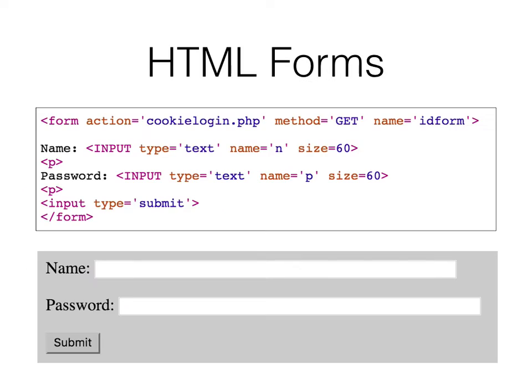So you have forms, another type of input. Well, very important to us because this has an obvious way to attack the user. You put in something like a name and password, you click a submit button, and that then sends it up. Now the method up there tells it whether it's going to send it with GET or POST, which usually doesn't matter. Most web applications, even if they are written expecting POST, they will accept parameters that come in by GET. And it tells you what script you run. In this case, cookie login.php, and that's going to be a PHP or a Perl or ASP or any kind of server-side script that processes it. And this is one of the many places you get in trouble. That script,